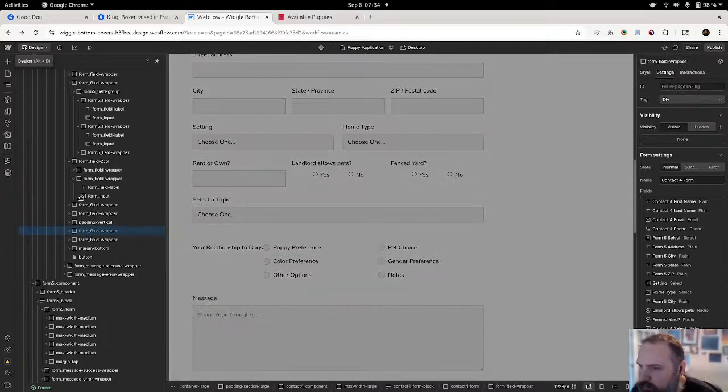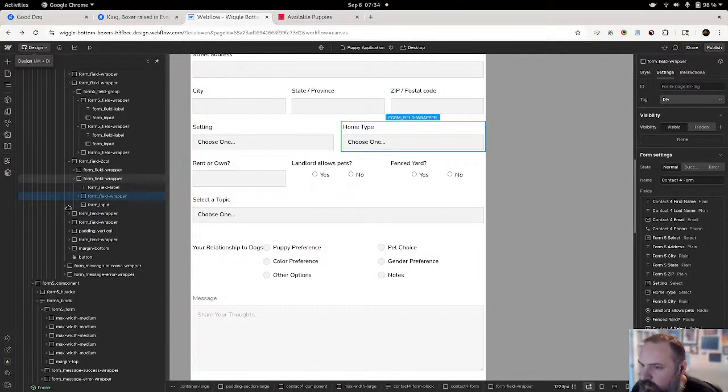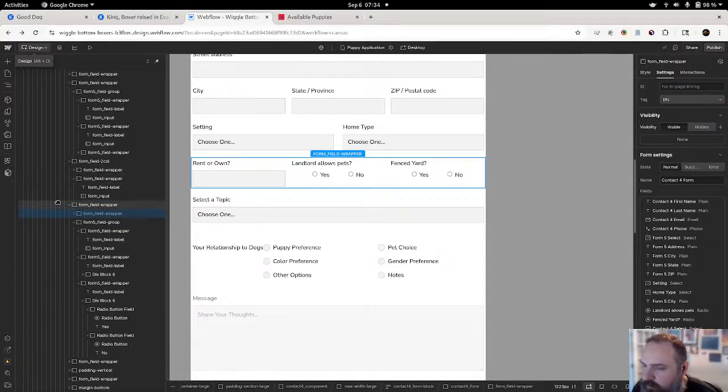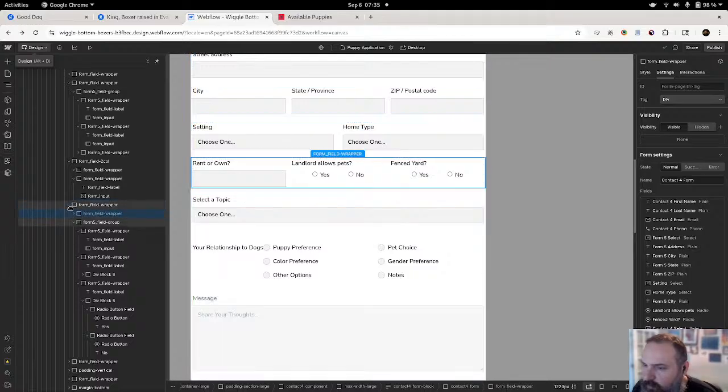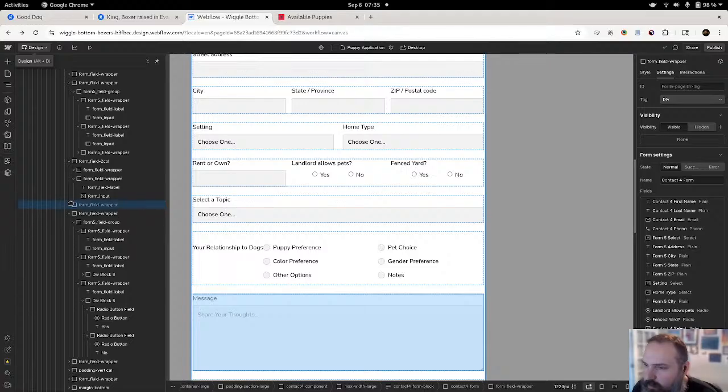Okay. This one I'm just going to move. We're moving it to... I think the form field group. Drop.